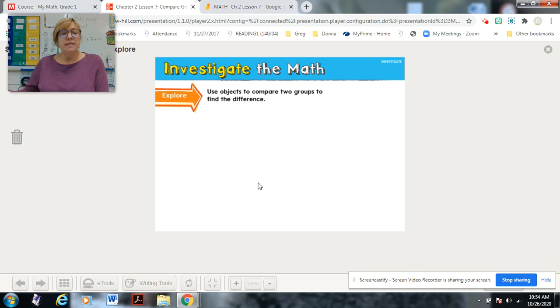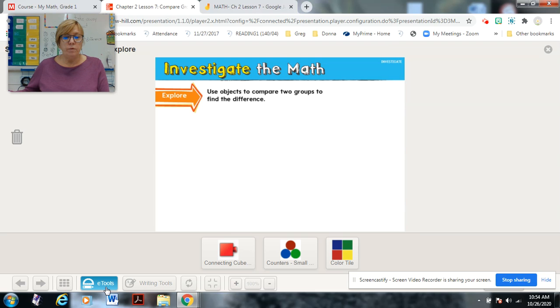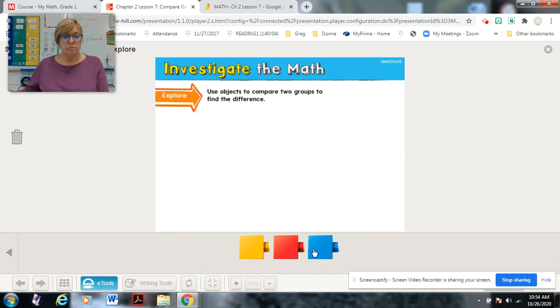Now, it says we're going to explore using objects to compare 2 groups to find the difference. Now, I already did that with that last picture of the blocks, the purple and the red, okay? So here we have some more connecting cubes, all right? So let's see,